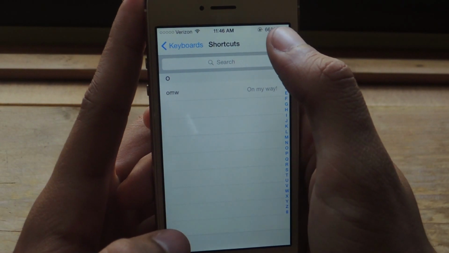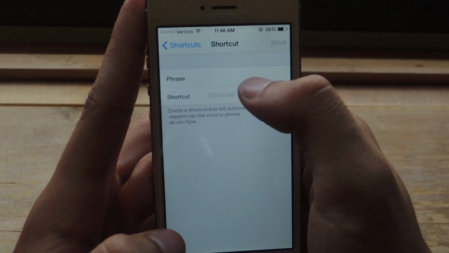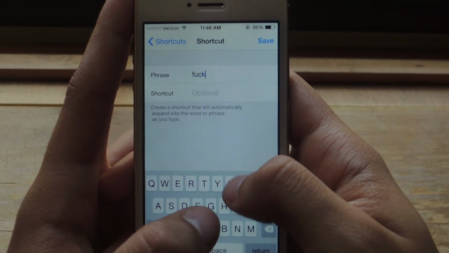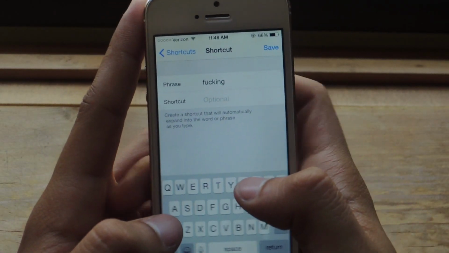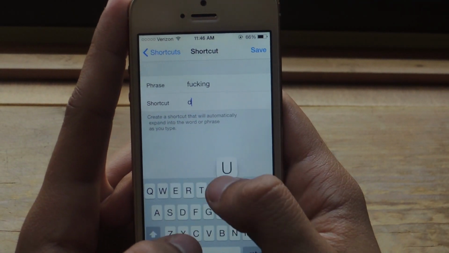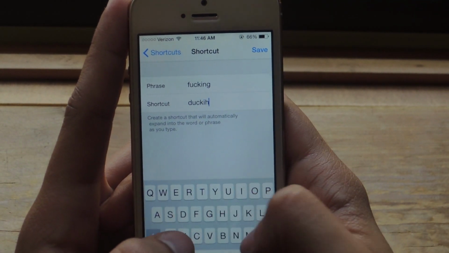I never want ducking, I always want the other word. So what I can do in here is add a shortcut. The phrase I want is the F word. Whoa, it almost spelled it. Okay, so there we go. And then for the shortcut, I type in a word or a phrase that I usually misspell it with. So I always write this,